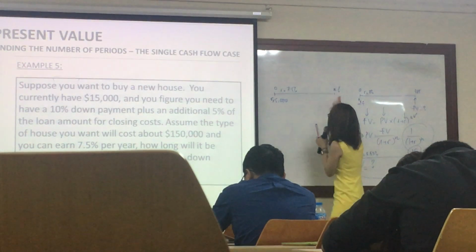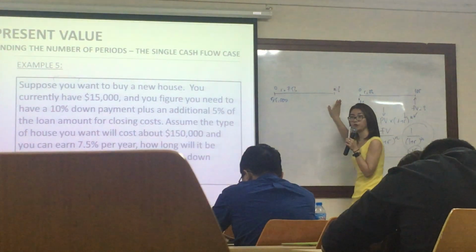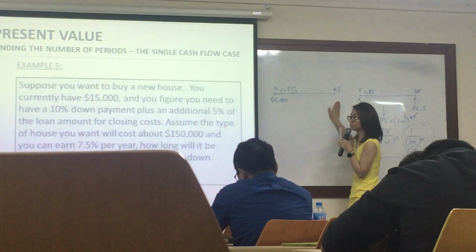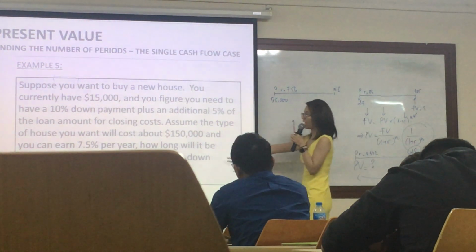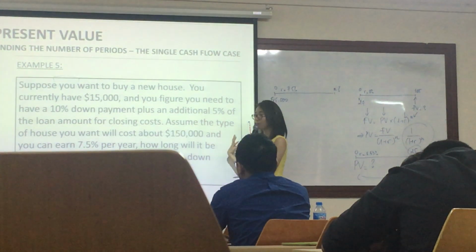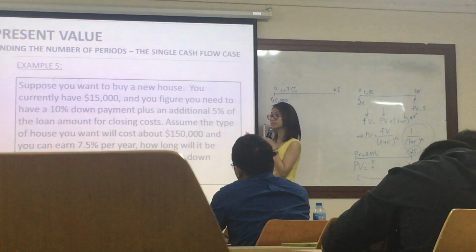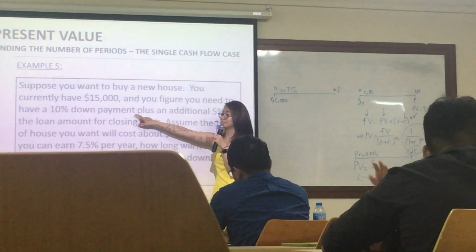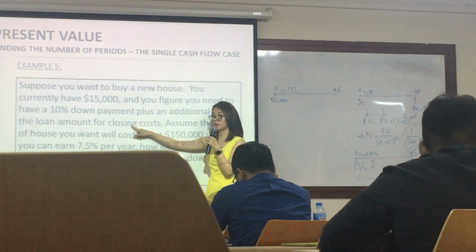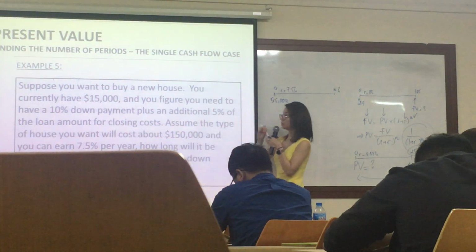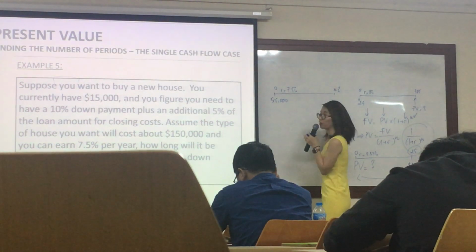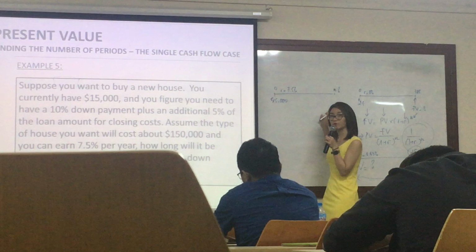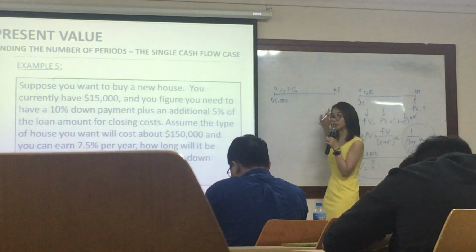So the message here is the future value. You need to determine the future value. So what is the future value? They're asking you how long you need, how many years you need to save your money, so the money is enough to pay the down payment and the closing cost. So first you need to find the down payment. The future value will be the amount of money of the down payment and the closing cost that you need to